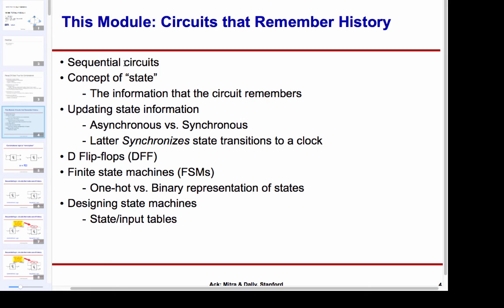Okay, so for example, let's say I am designing a system for a parking lot, and what it does is that it keeps track of how many cars are entering and leaving, and what I want to know is